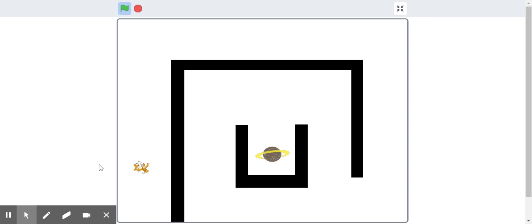Let's do it one more time, and let's see what happens when you run into the wall. So I'm going to start the cat going. He's going to run into the wall, the edge, and then I'm going to make the cat go again, and he's going to run into the wall. So notice that each time he does that, he goes back to the starting conditions, and then he can start moving through the maze again. Okay, go to it.